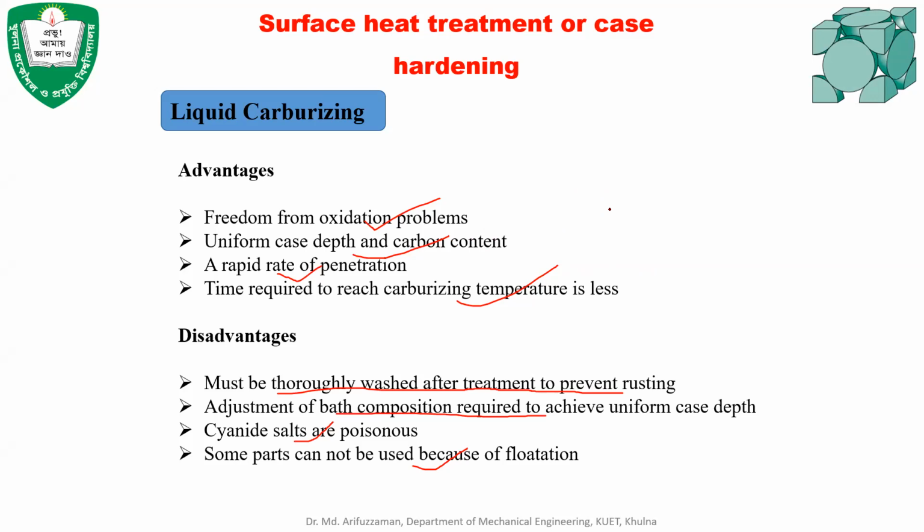but it becomes very brittle. Okay, then the energy absorption becomes very less. So you need to really control the carbon content. Like if it is more than 2%, then it will become like cast iron. Yes, sir. This is the brittle structure, which will be very hard, but it will be brittle. So how long you want to keep it in the carbon monoxide or cyanide environment, you have to control that. Otherwise, the property will degrade. Yes, sir. Okay, any other question?